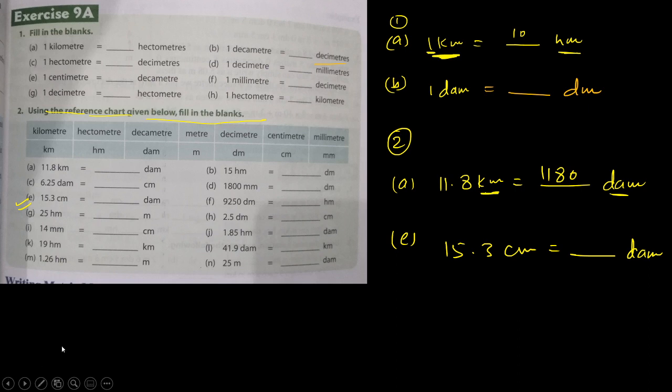Okay, so now let us do this. You have to divide 15.3 by 1000. So since there are 3 zeros in the denominator, you have to shift this decimal left hand side, because in the decimal chapter in UT2 course we have already studied, and I have told you when you are dividing, the decimal will shift left hand side 3 places. But there are only 2 digits, so we will increase 1 zero and then we will shift it. So the answer will be 0.0153. This will be the answer.